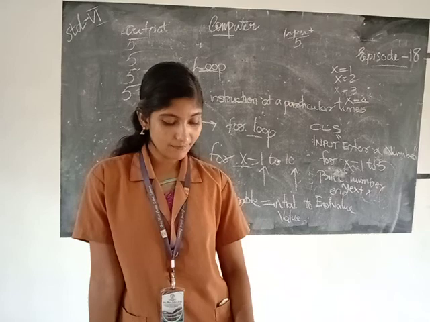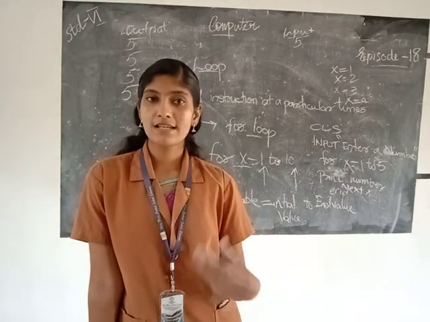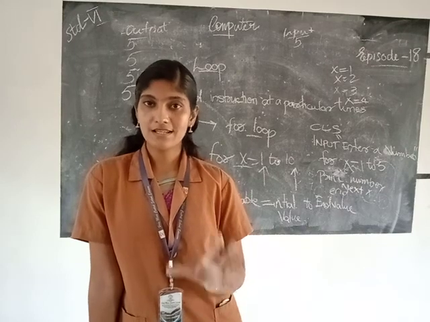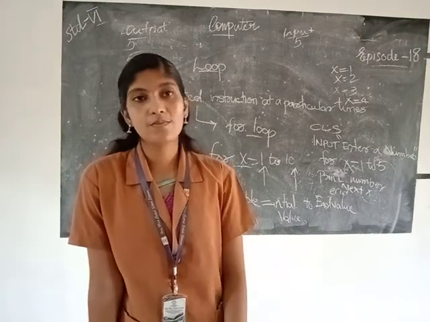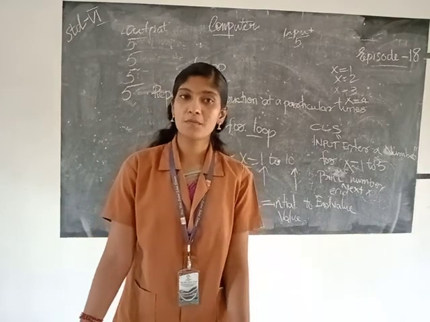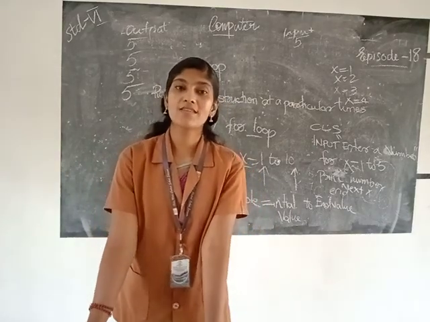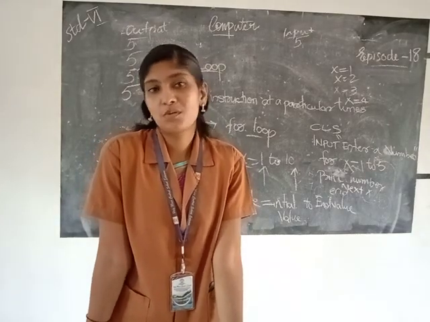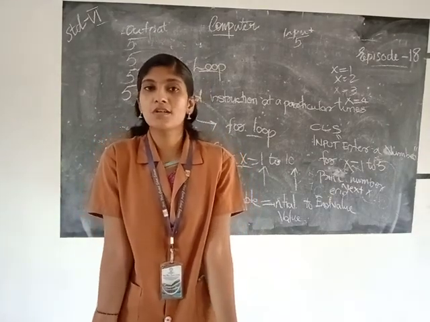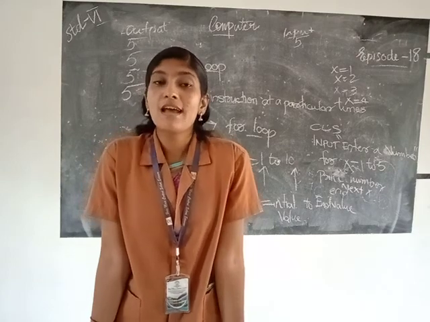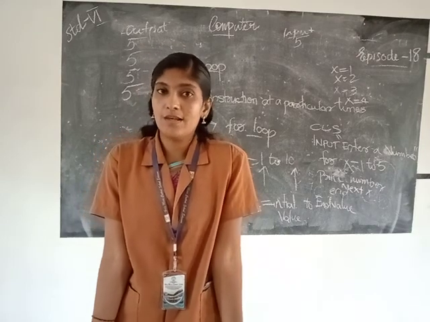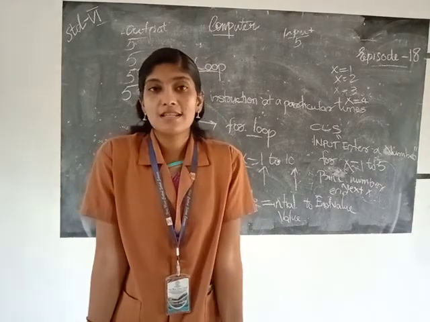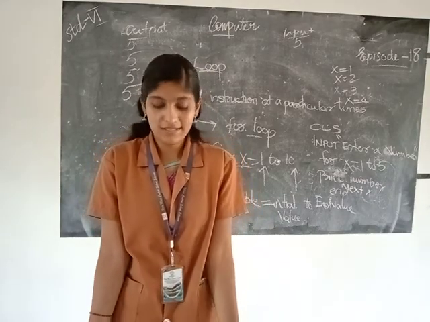Then next, using loops. A loop means, simply, repeating a number of instructions a number of times. So the first one is the for next loop. For is a keyword, and it contains the syntax: variable equal to initial value to end value. Initial value means the first value assigned to that variable and the final value means the ending value. Next means incrementing the value of x by 1 until it satisfies the final number.